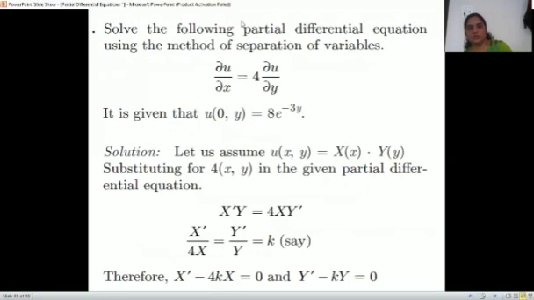The next question, try for some time. There is the question, there is the condition, one equation is given to you, and the method of separation of variables is asked. The condition is also there, and a hint is also there. You have to write u is equal to X into, not T now, as the independent variables are x and y. So we are writing X of x and Y of y.